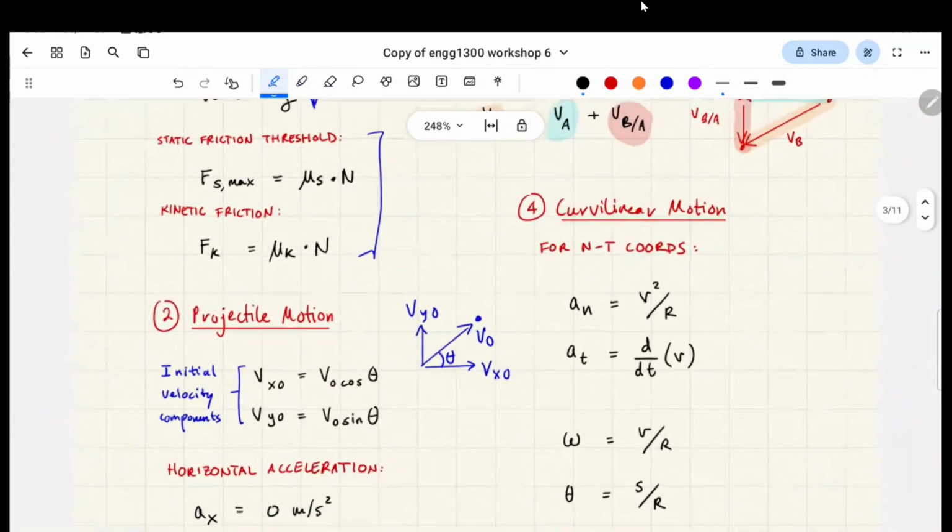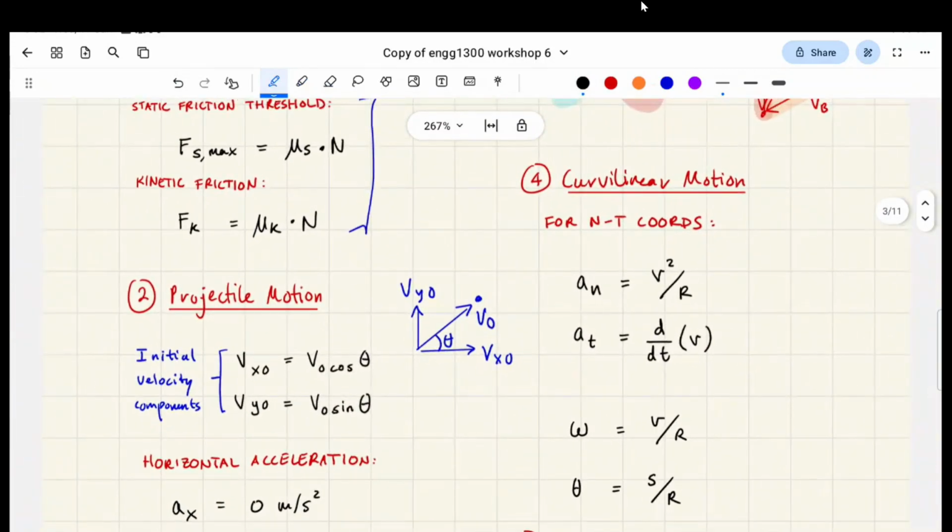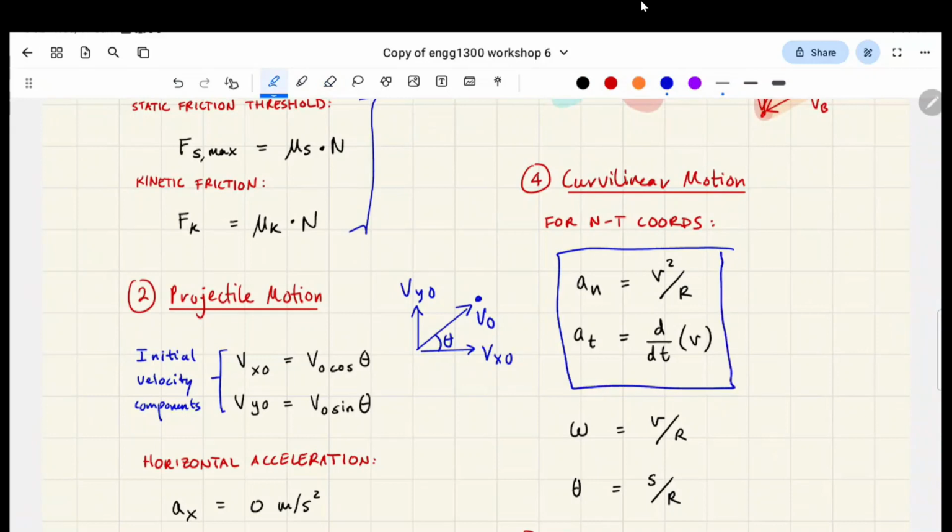Cool. So now we'll go on to curvilinear motion. For curvilinear motion, when you're using the normal and tangential coordinates, we have these formulas for acceleration. These two are probably the more common ones that you'll be using. I think you might use one of these in the questions that are provided in the extra practice, but for the most part, the acceleration ones are the key ones here. So actually, even this one is not really much of a formula to remember. The main one you have to remember is that the normal has this